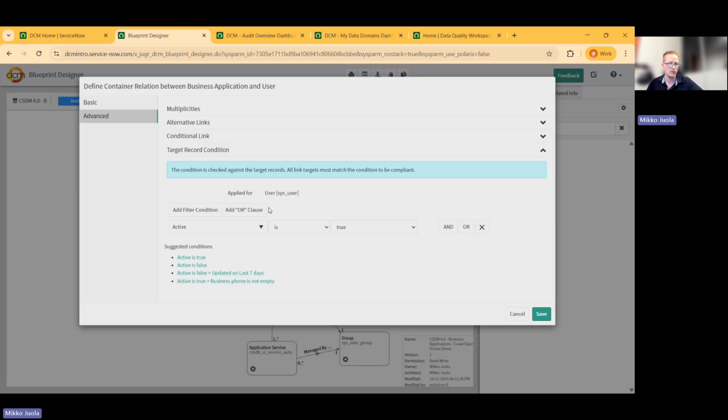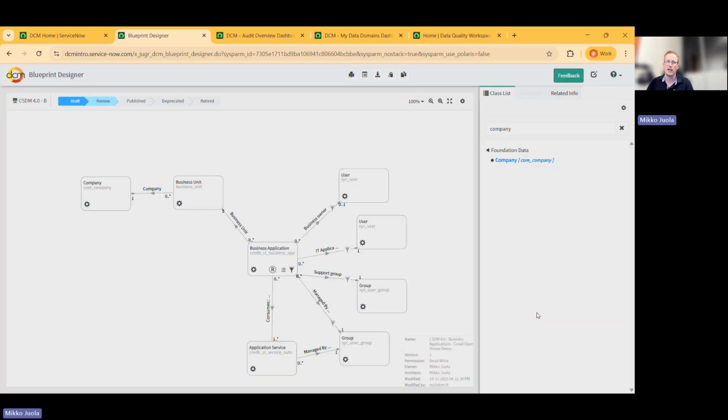And this is very powerful. So I can pretty much guarantee that every time we run an audit for the first time in production environments, we will find applications that belong to people who have already left the company. So that's good. And for every table or class in this model, we can also define